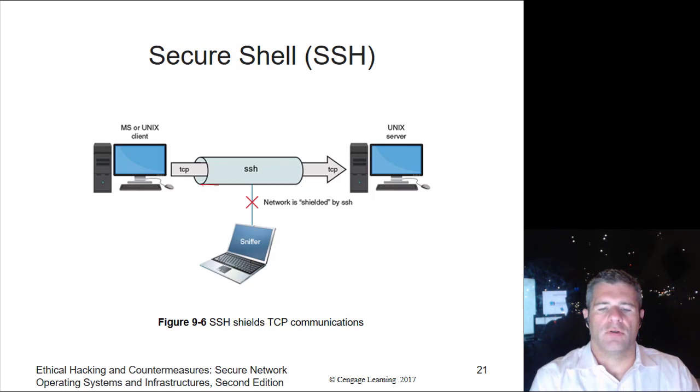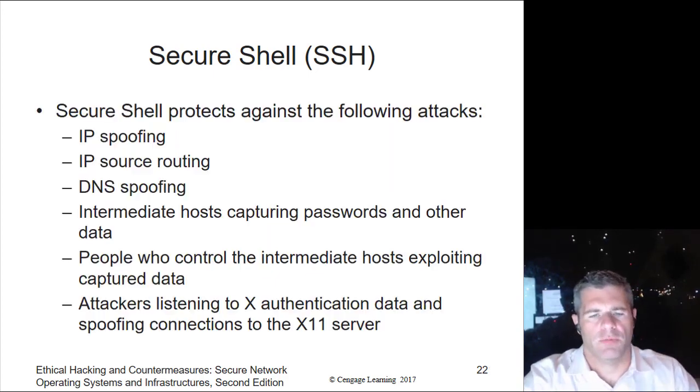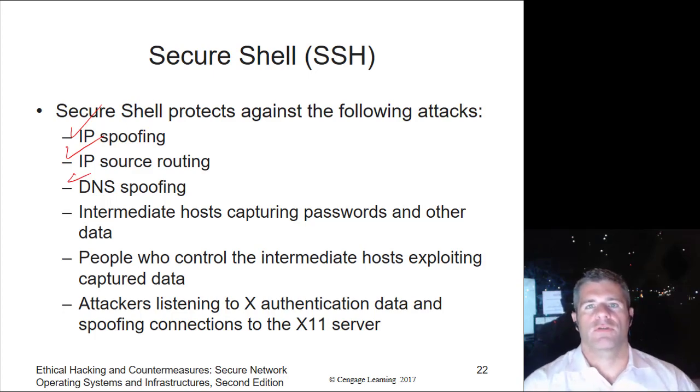The upshot is, in an SSH tunnel, all of the stuff going on here is encrypted, which is good, which means anybody who is not privy to the encryption mechanism can't listen in. That's what you want. So since that connection is authenticated, there's no spoofing. Can't mess around with source routing. Can't mess around with DNS spoofing because the server you direct me to won't have the key that I'm expecting.